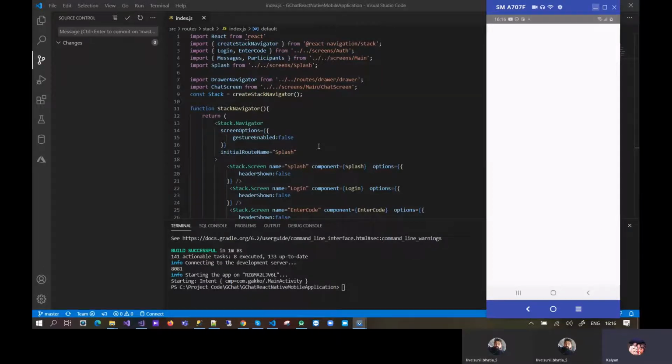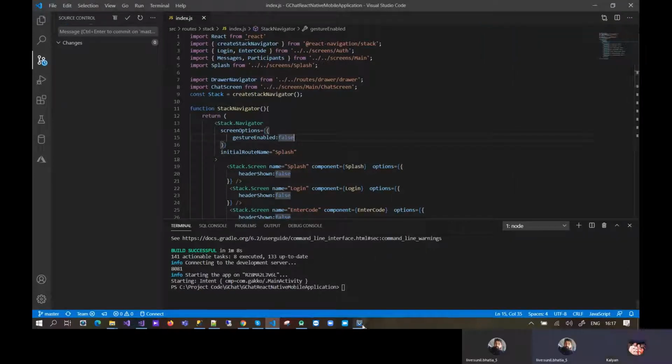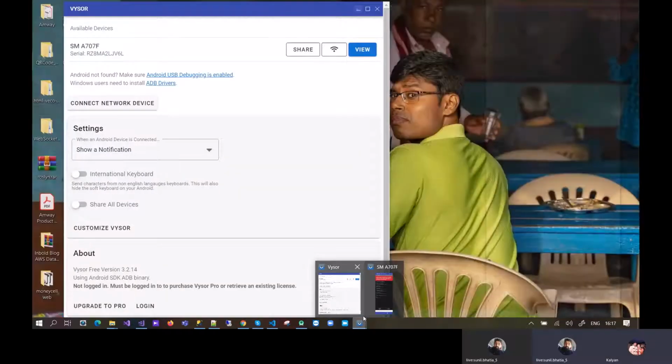It's showing unable to load the script. Make sure your Metro server is running. I think there is an issue with local properties, because the local properties of my system were uploaded to Git. Okay.